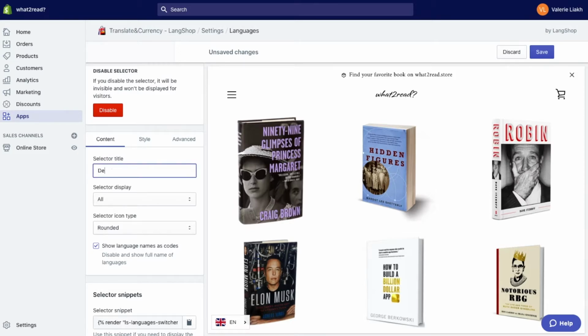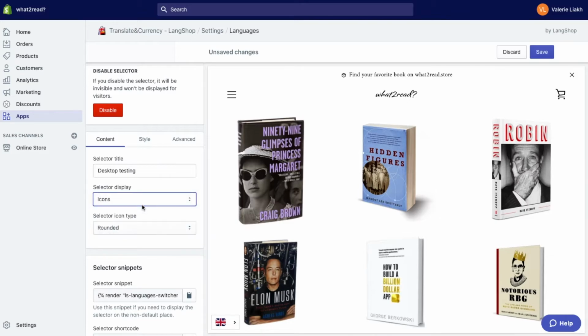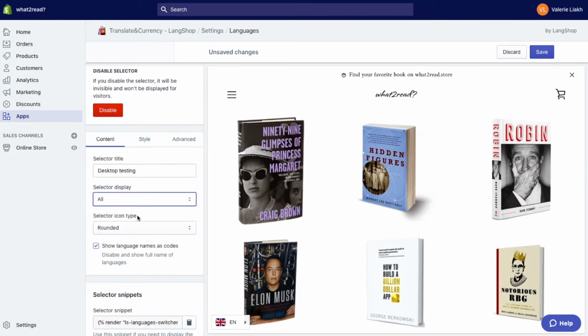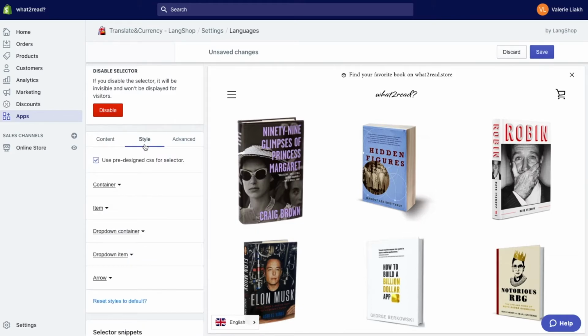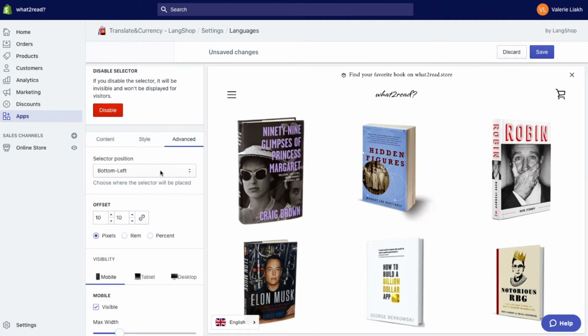The Content tab allows you to name the switcher, display icons or titles. You can select to display them all, actually, change the flag icon type, display the language full name, or just the language shortcode. The Style tab allows you to customize the language switcher, including different colors and fonts. And in the Advanced tab, you can change the position of the switcher, define the offset position,